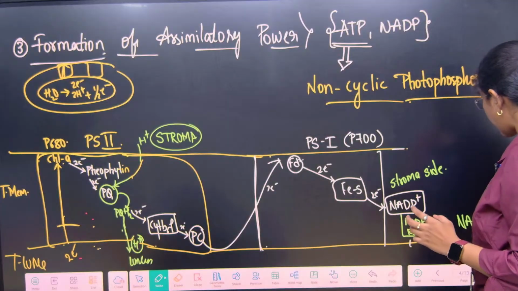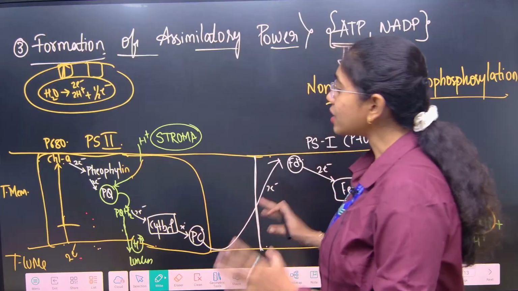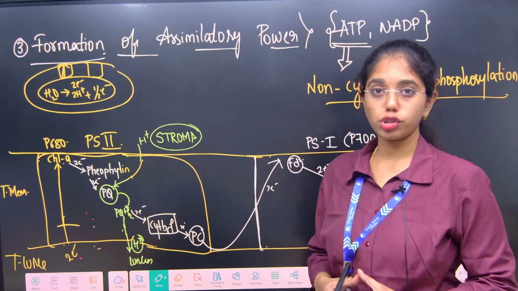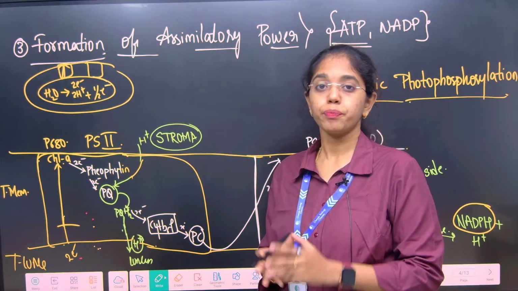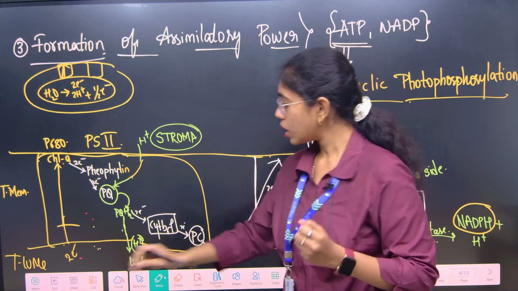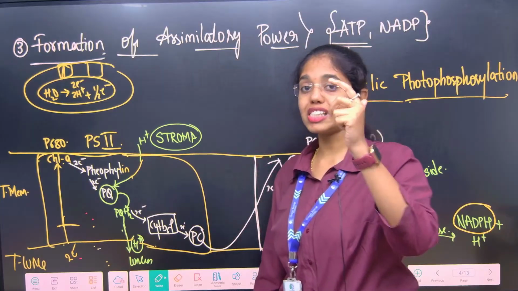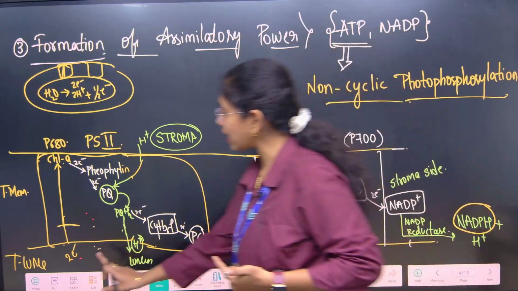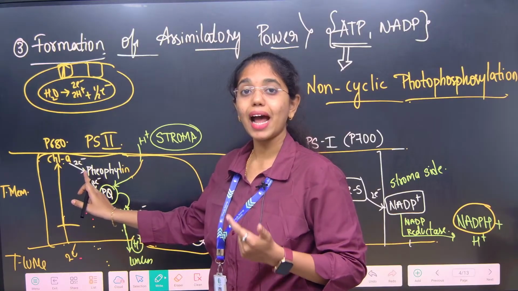At the end of non-cyclic photophosphorylation, what is formed? NADPH is formed. Non-cyclic photophosphorylation is operated in the thylakoid membrane by two photosystems, which are the light harvesting complexes. Each photosystem has core pigments and accessory pigments. Absorbing light in the form of photons, the water molecule is split in the lumen and it gives protons, electrons and an oxygen atom from a single water molecule. Here electrons get excited to the reaction center and